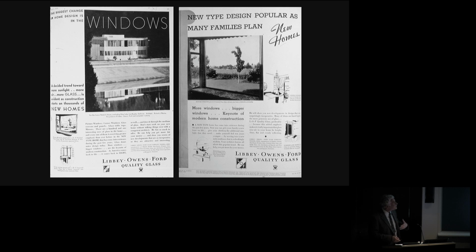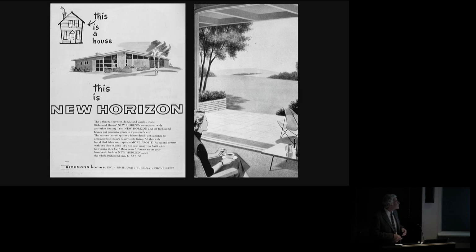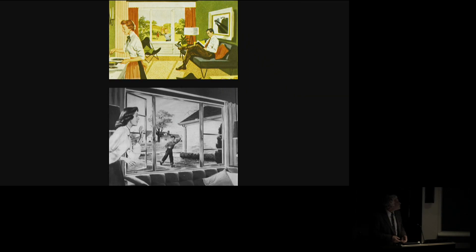And this is part of what leads to the idea of, so here you can see, the large sheets of glass are also a kind of symbol of progress, and they also give you access to, again, a kind of benevolent nature. And it forms also the basis for the picture window, the great icon of mid-century modern design. You get these kinds of ridiculous visualizations of what a more or less suburban landscape would be looking at.